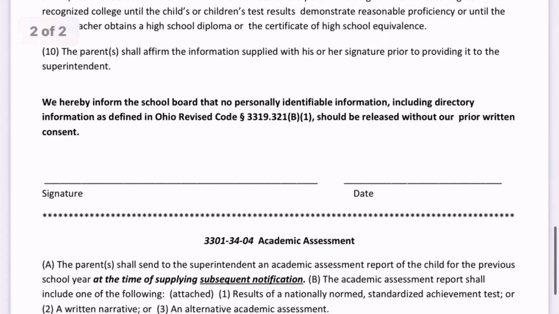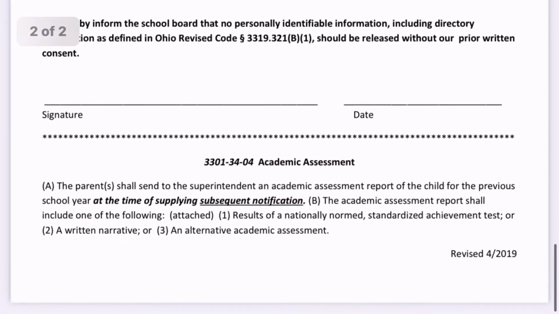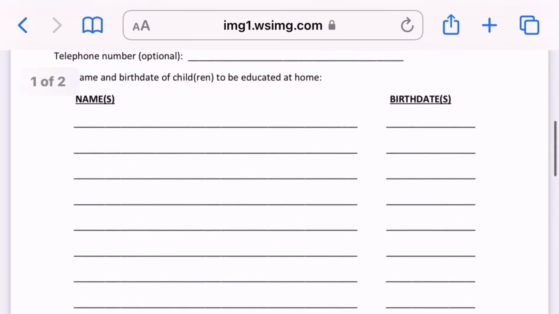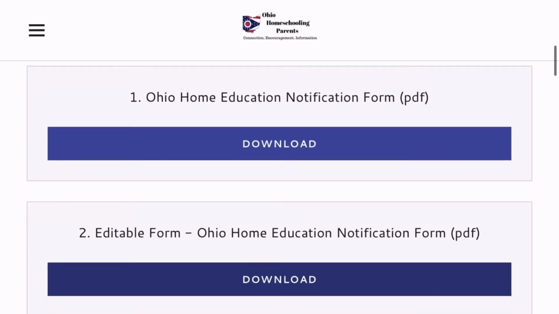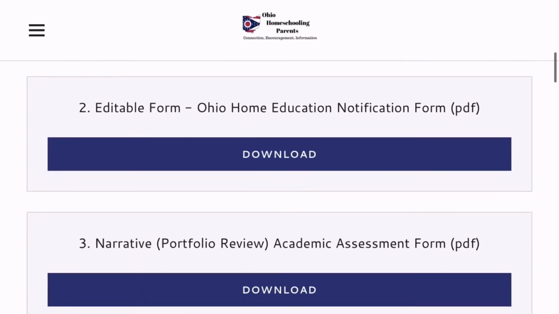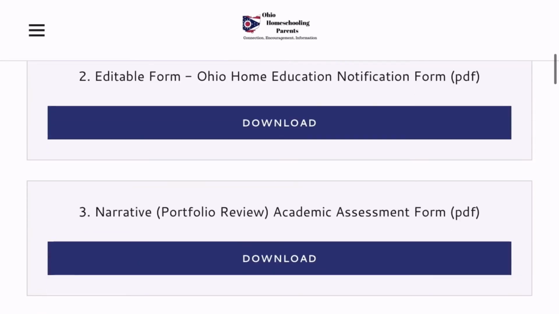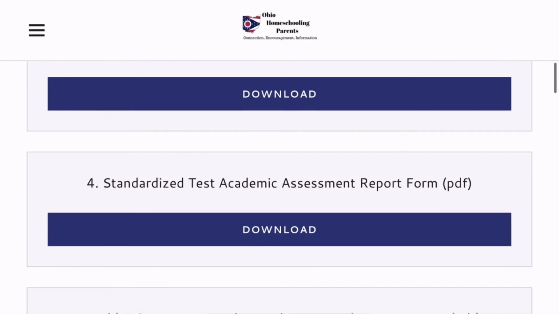This form is going to include the same check boxes that you're going to have to include. You're still going to have to explain how you are going to get the 900 hours, how you are eligible to teach your children. You're still going to have to explain the curriculum that you're using. But again, it's your form, not the Department of Education's form. It asks for a little bit less intrusive information.